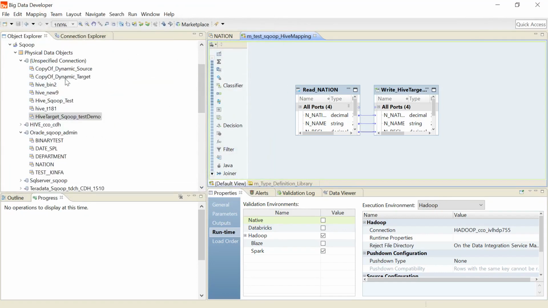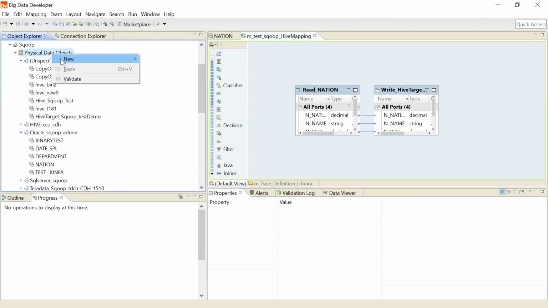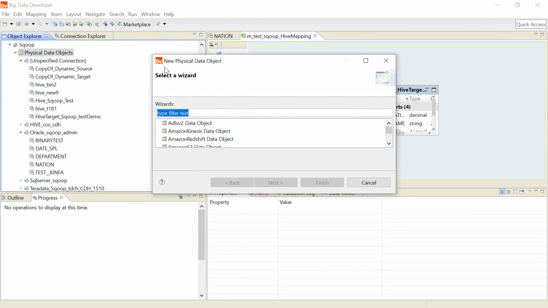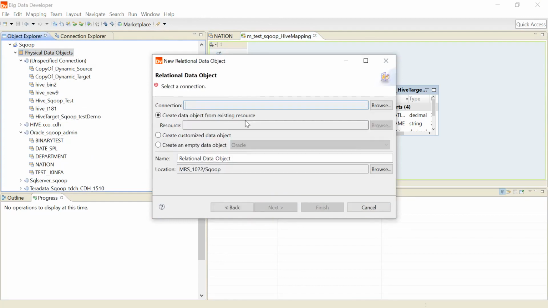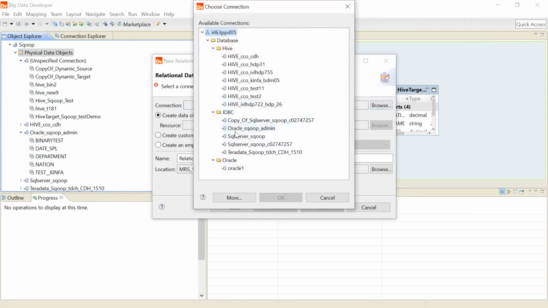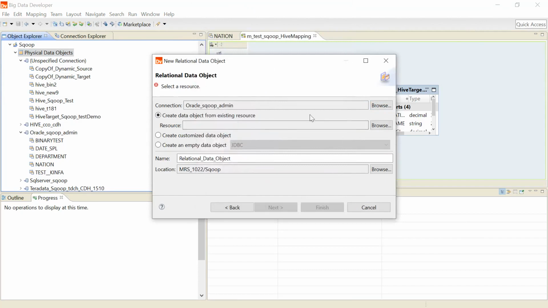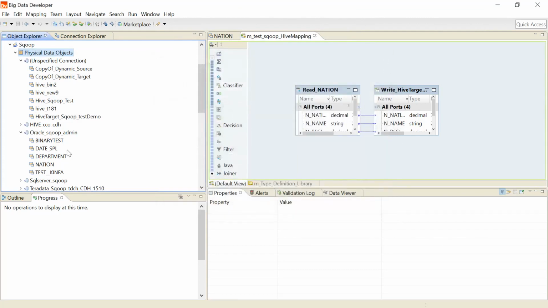To create a mapping, you have to import a physical data object of type relational, pass the connection details and import the source. Here I have already imported a source. We shall create a new mapping.